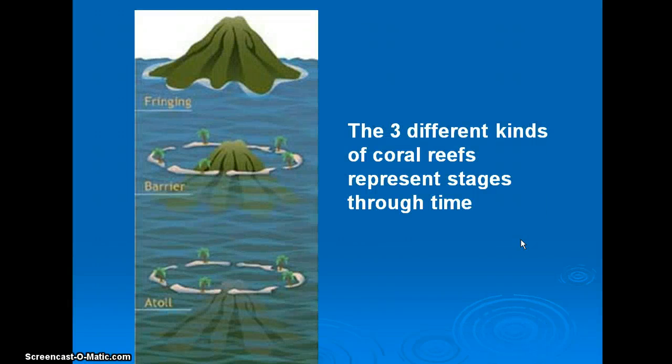Okay, so these three different reefs actually represent stages through time, and this picture kind of illustrates that. A fringing reef is the youngest, as a volcanic island is there. The reef starts to grow along the edge. So what's happening here is the volcano is not really sinking, but seawater level is rising. So the sea level's rising, and the reef, as it's growing, is in the same circular size as it was earlier, but now that this has been more submerged, there's the lagoon that builds up between the reef